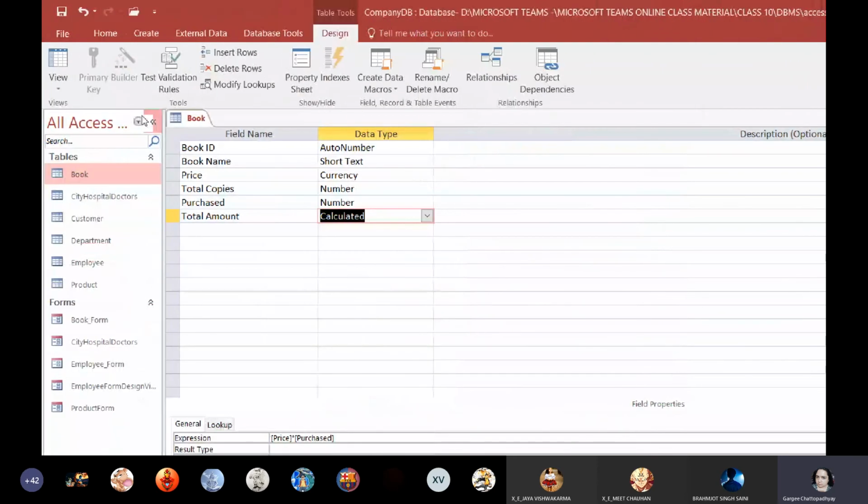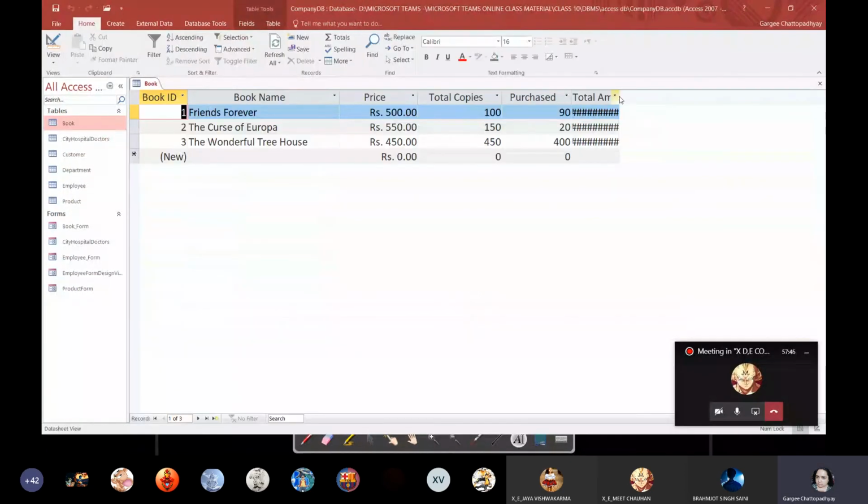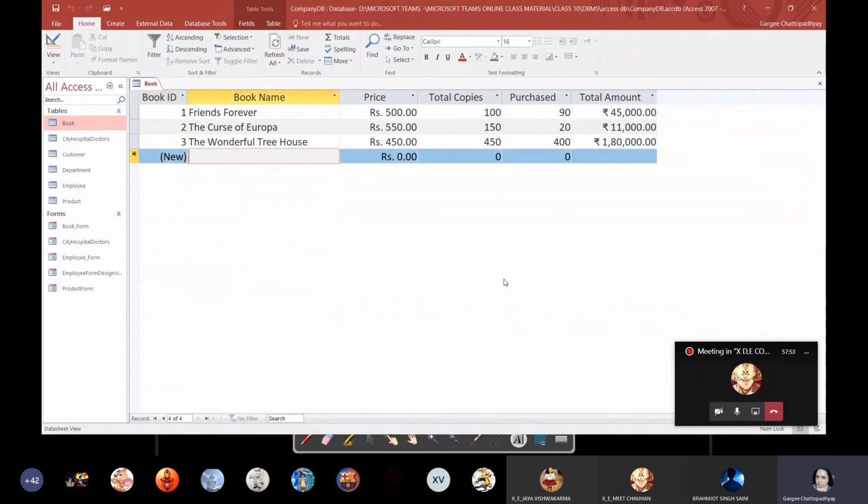Click on OK and save this and come back to your table datasheet view, and you will find that it automatically calculates the amount. Okay, I'm going to enter another value here. For example, I enter Art of Living, and maybe I take 600 rupees as the price, total copies 500 and purchased 350.